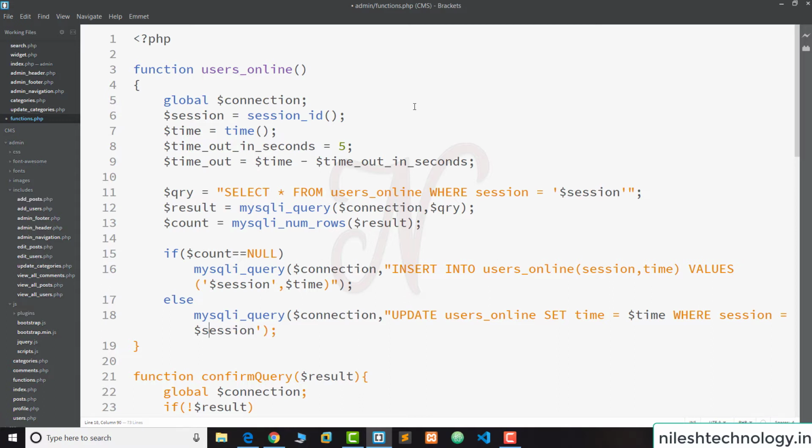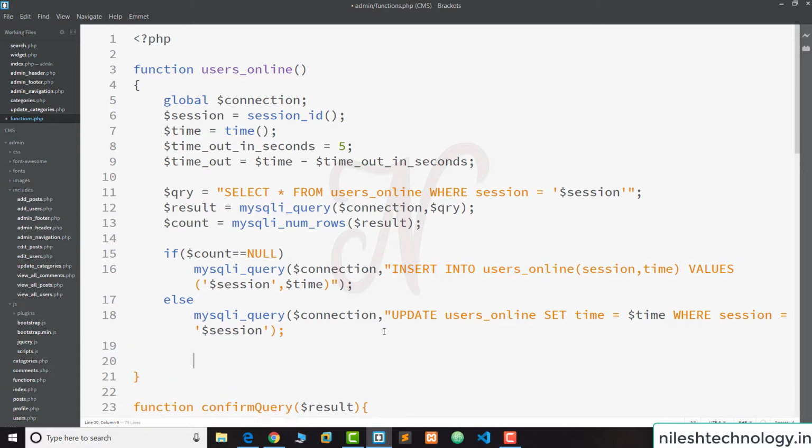If my current user already exists in our table, then we just update the timeout of this current user. And if it does not, then we insert this user in our table.